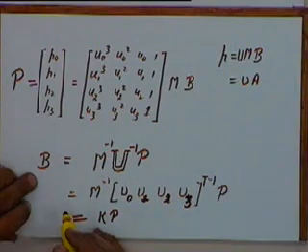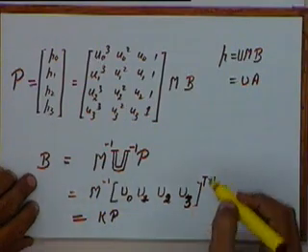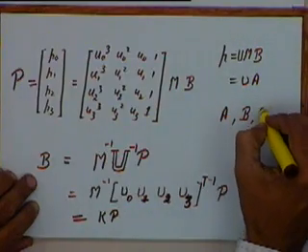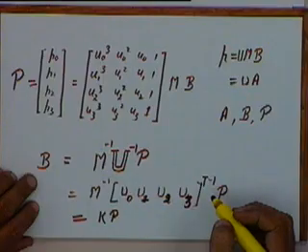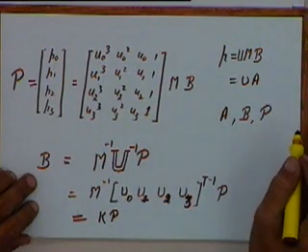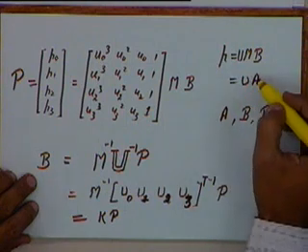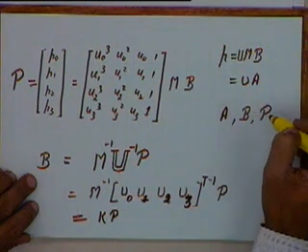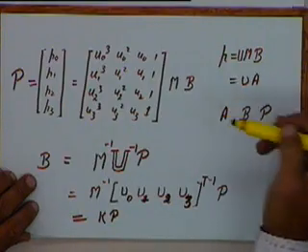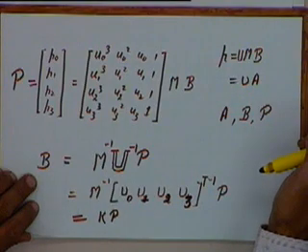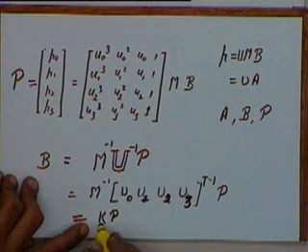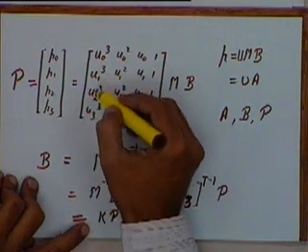Okay, so basically this gives us a method of getting either the A matrix or the B matrix or the P matrix if any of the 3 are given. If I know the A matrix, I can get the B matrix and vice versa, and if I know the P matrix, I can get the B and A and so on. The only thing is, for getting this matrix K, I need to know u0, u1, u2 and u3.